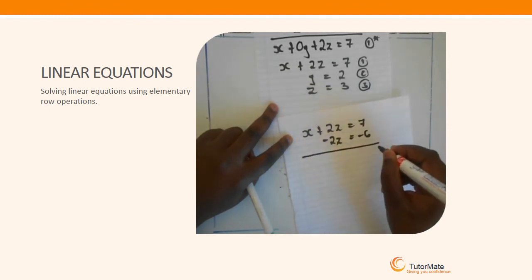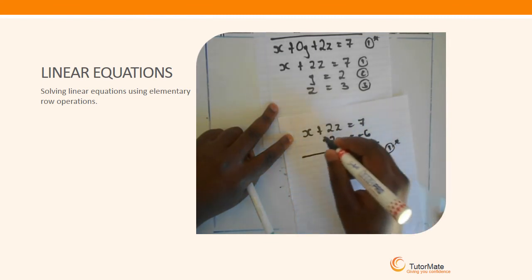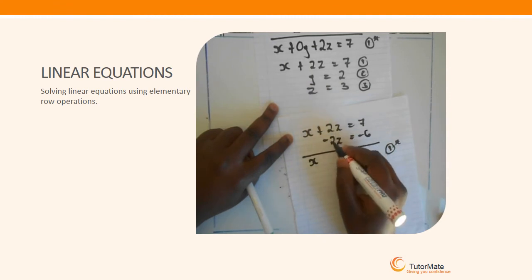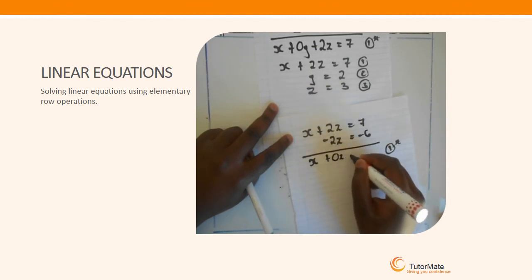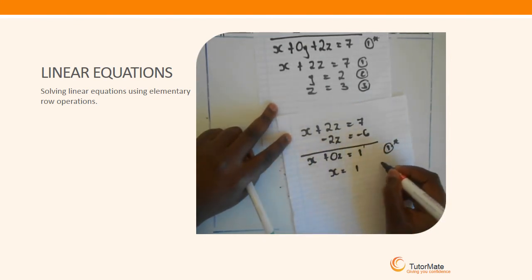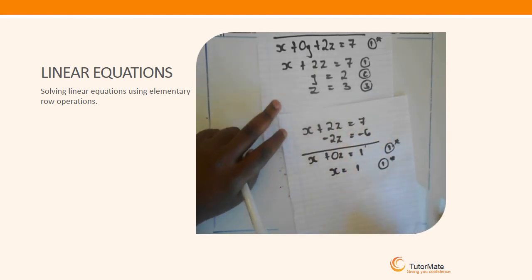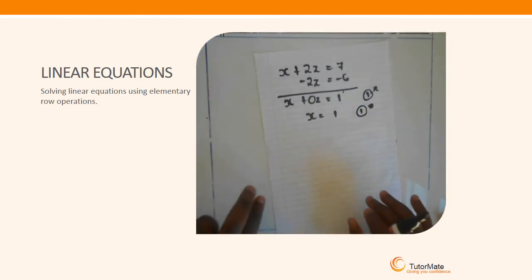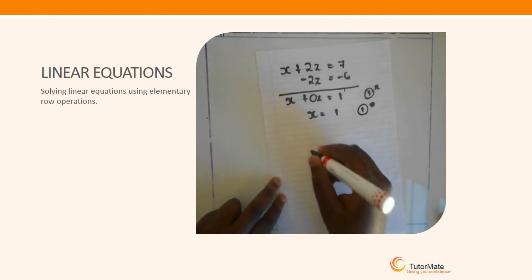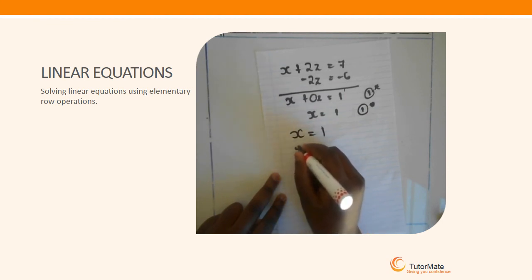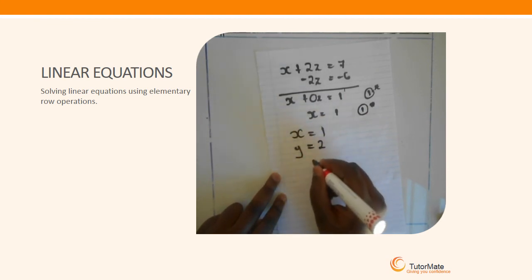So I'm adding it to this equation to get a new equation 1. Therefore, x plus 0 is x, 2z minus 2z is equal to 0z. Then 7 minus 6 is equal to 1. So x is equal to 1. So this is my new equation 1. Therefore, if I rewrite now the entire system of linear equations, I will have x is equal to 1. Then I will have y is equal to 2. z is equal to 3. Therefore, I have